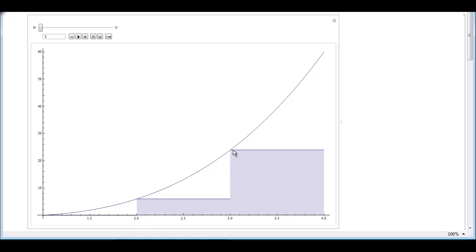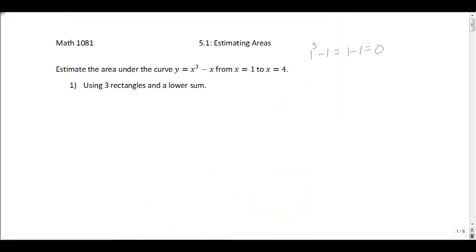Next one, we're going to plug in 3, which is going to be the minimum when we go from 3 to 4. So we have a rectangle of width 1, height 3. When we want to estimate this area, all we're going to do is add up these 3 rectangles. Note again, the first rectangle has height 0, so it kind of looks like 2 rectangles. And so when we do that, what our area is going to be